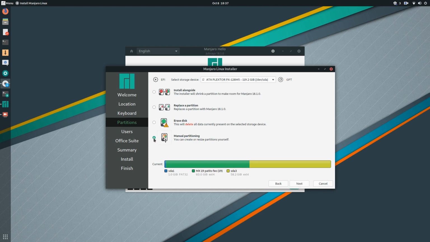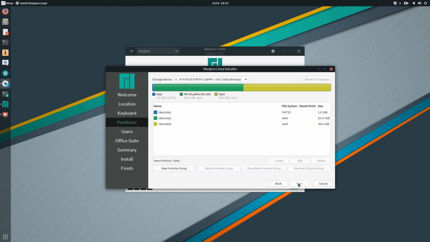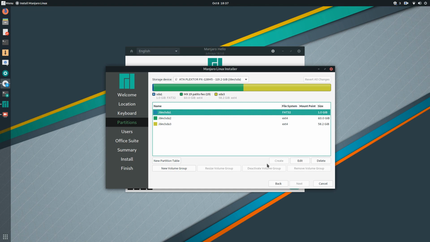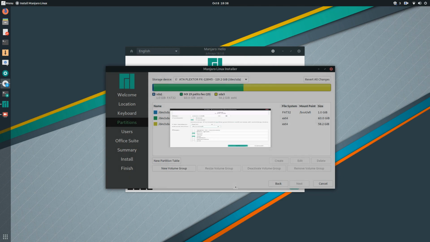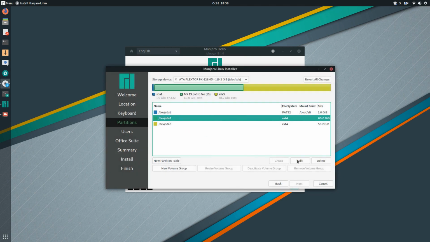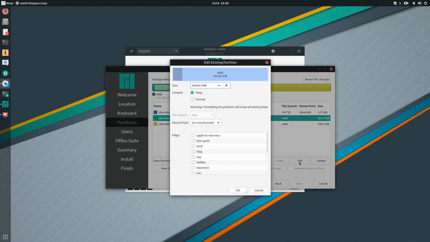Now I'm going to do a manual partition. Currently I have MX19 installed, so we're going to change that. So we've got a FAT32. I'm going to edit that. I'm going to format that, make it FAT32, and it'll be a boot EFI with the boot ESP flags. All looks good. My second partition will be my root partition where Manjaro will be installed. So we'll also format that because I've got another operating system on there. ext4, mount point root,